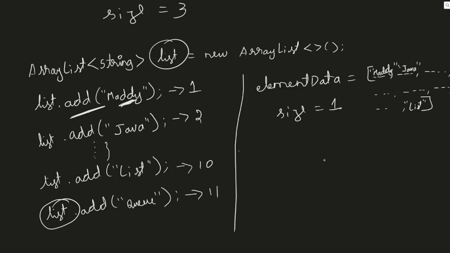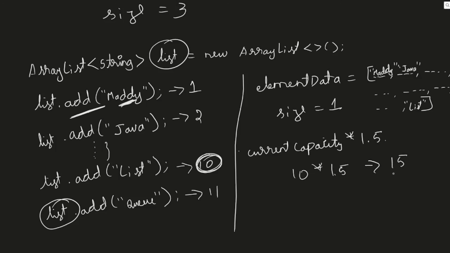Whenever you try to insert the 11th element into the list variable, Java creates a new larger array. What will be the size of it initially? It will increase the element data size to the current capacity multiplied by 1.5. Our current capacity is 10. The size is also 10, current capacity is also 10. So 10 into 1.5, which becomes 15. So Java creates a new element data array